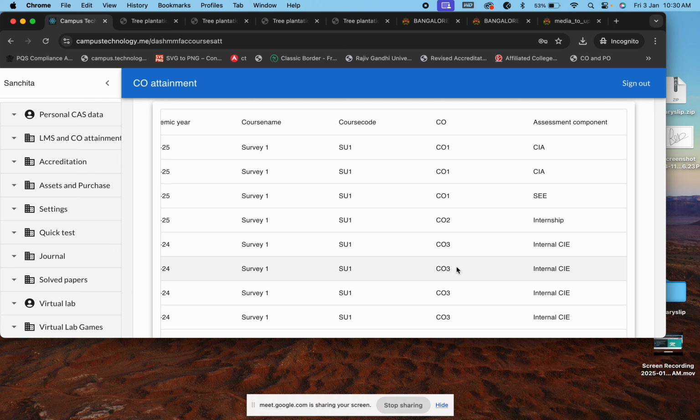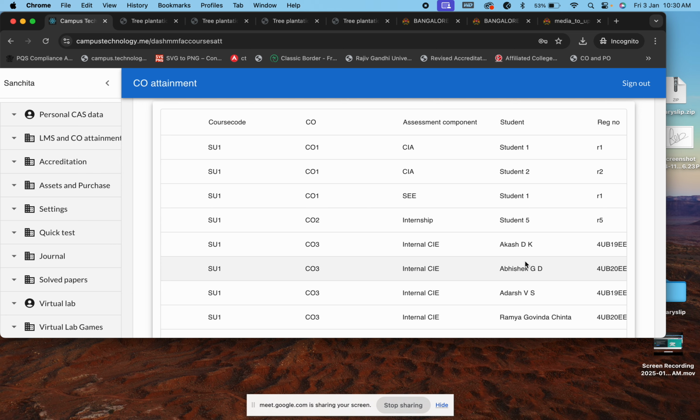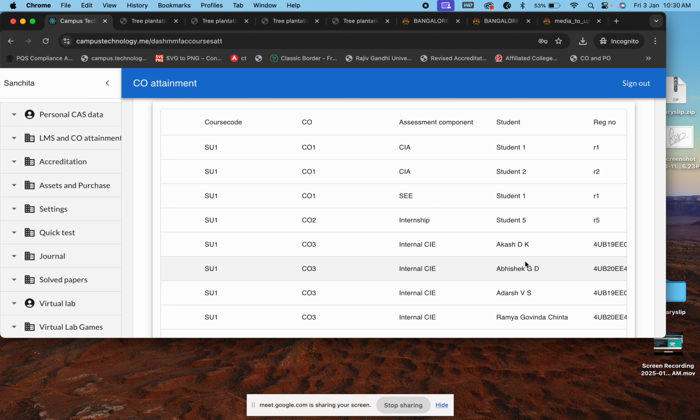What we used to do in the previous institution is, imagine I have 5 COs. For the first internals, maybe CO1 to CO4 or CO2 is going to be mapped. At the second internal, the remaining COs, because you can't attain all the COs in one internal. But this you can only do if you have actually mapped the COs while setting the question paper.